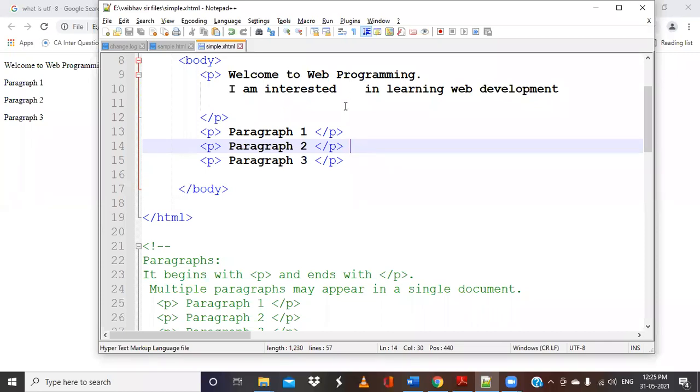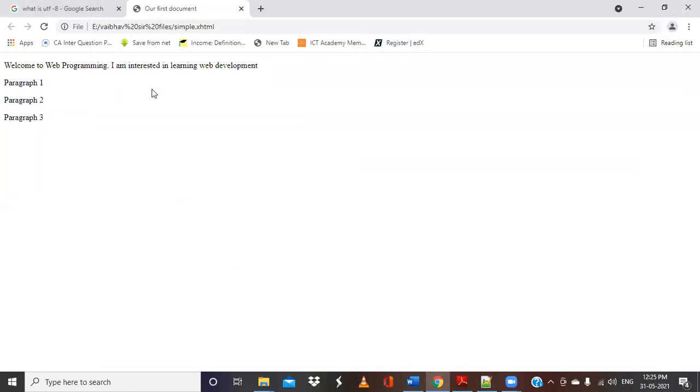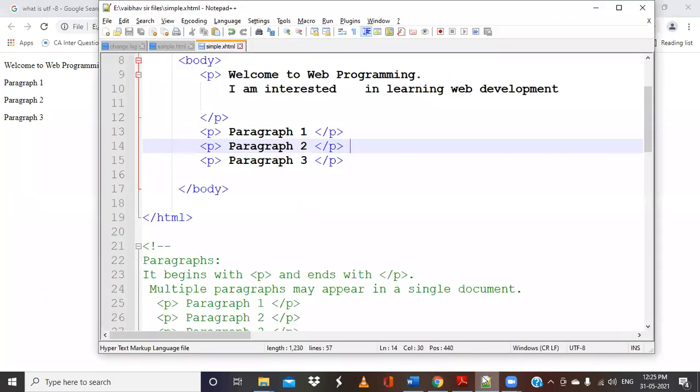With that tag we can have line breaks according to our wish. By default, the paragraph tag or the browser will take the line break once the text completes the entire size of that particular line in the browser window. But if I want a line break according to my own wish, for that we can use the tag called the BR tag.